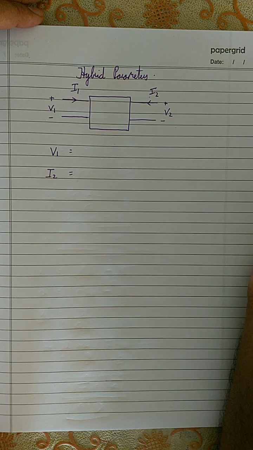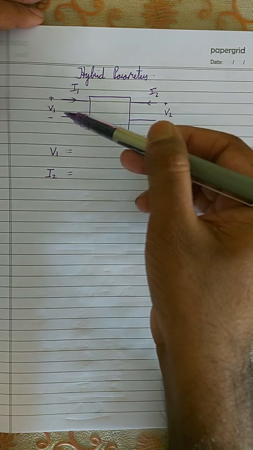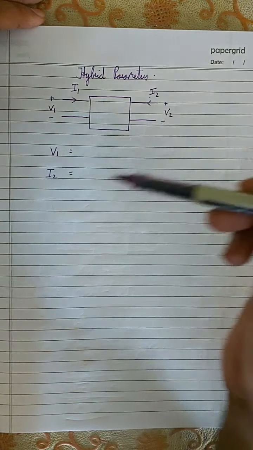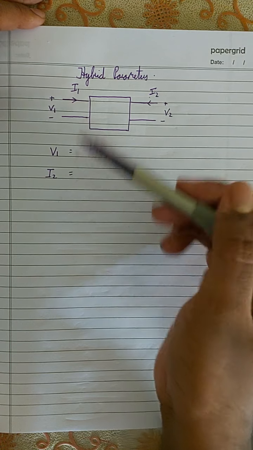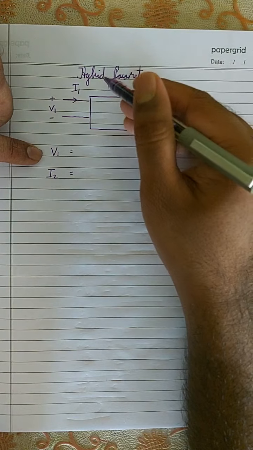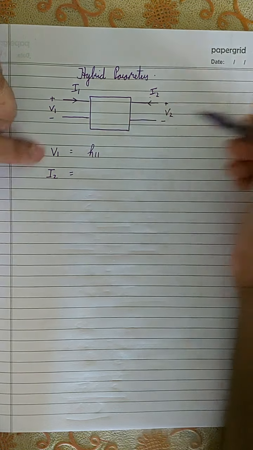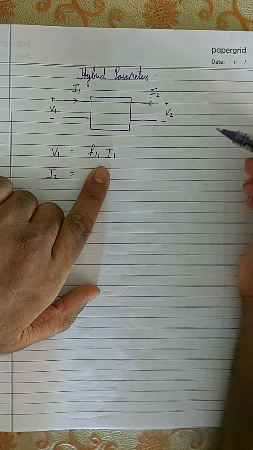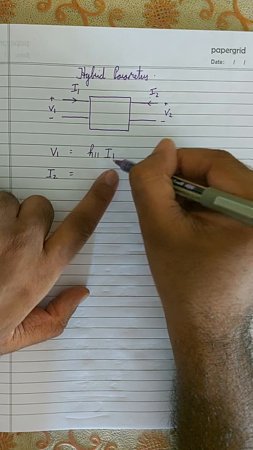You are going to express V1 in terms of I1 and V2, and I2 also you are going to express in terms of I1 and V2. So what is the equation for V1? The hybrid parameter is also called the H parameter. So it is H11 times I1, where this one represents this one, and this one represents this one,